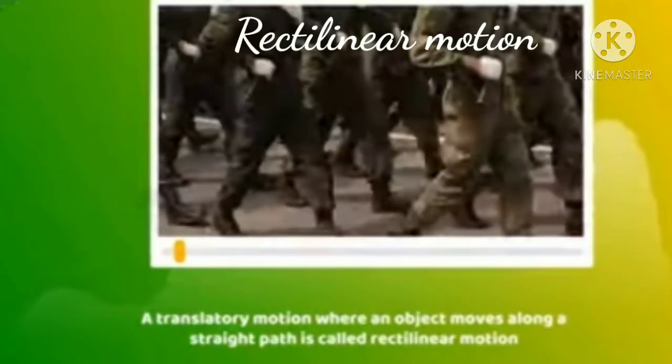When an object moves along a straight path, the motion is called rectilinear motion. A sprinter in a 100 meters race runs on a straight track in rectilinear motion. Vehicles that move along a straight road move in a similar motion. The flight of a passenger plane is mostly rectilinear.